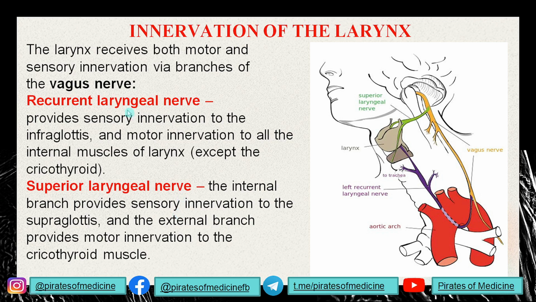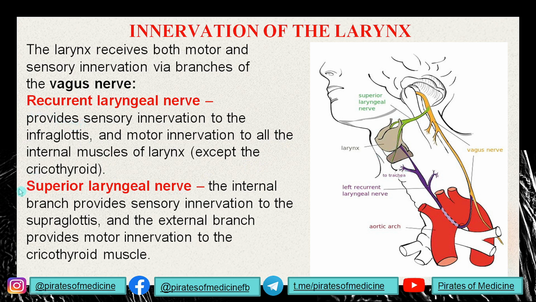First of all, you can see over here, we have the superior laryngeal nerve, which branches from the vagus nerve at the level of the superior part of the neck, and it innervates the larynx. But then the vagus nerve gives another branch at the level of the aorta, the left recurrent laryngeal nerve. On the other side, it would be the right recurrent laryngeal nerve. So the recurrent laryngeal nerve branches from the vagus nerve at the level of the aortic arch. It twists around the aortic arch, has a recurrent path, and comes back and innervates the larynx. So two branches innervate the larynx.